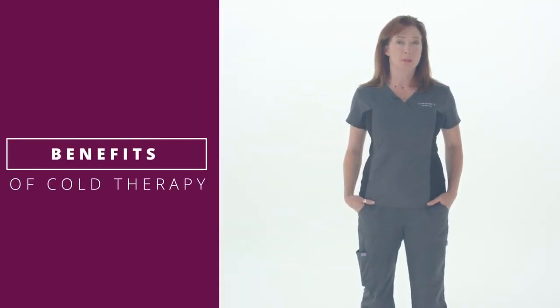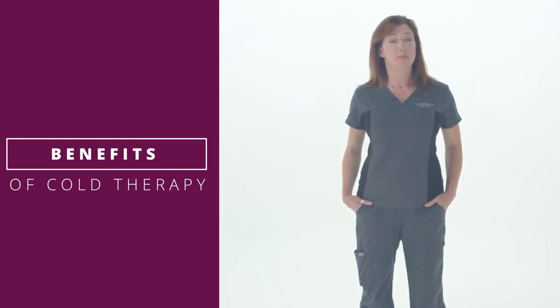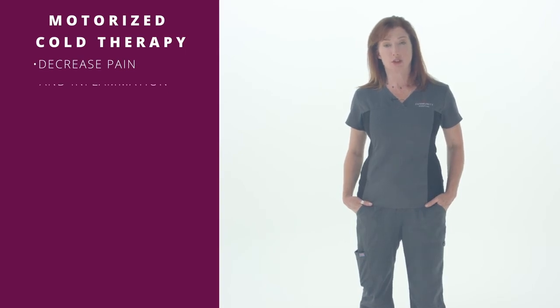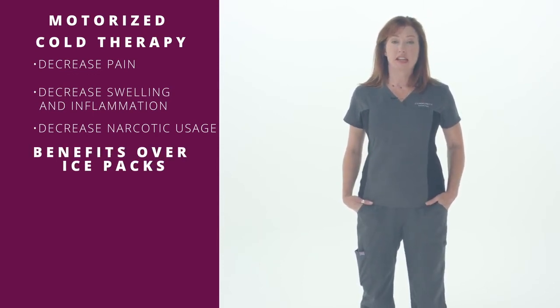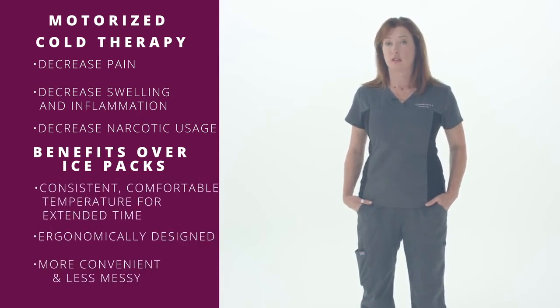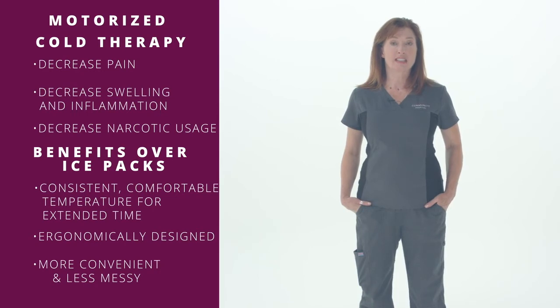Another option for pain control is cryotherapy or ice and gel packs. Cryotherapy is generally better because it provides a more consistently cold temperature to help decrease swelling, numbs the skin, and decreases the pain. The nature of an ortho surgery causes heat and inflammation. Those heat up ice packs, gel packs, frozen rice, frozen peas more quickly than